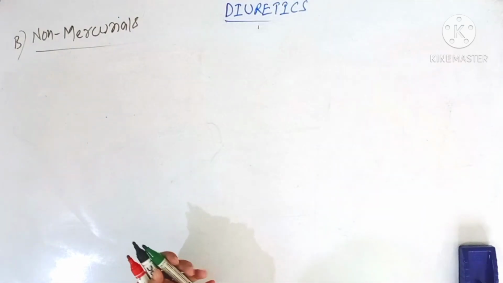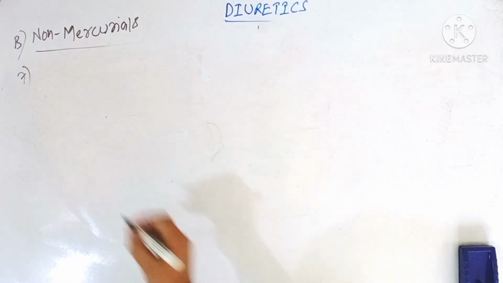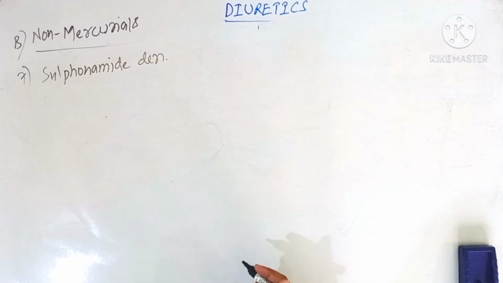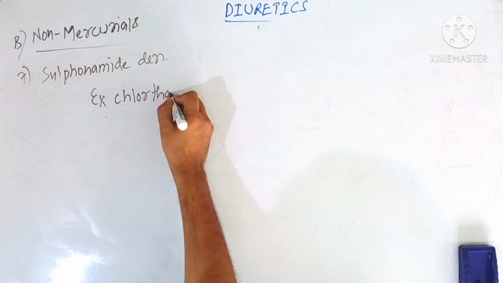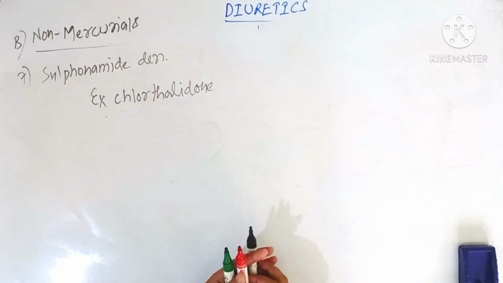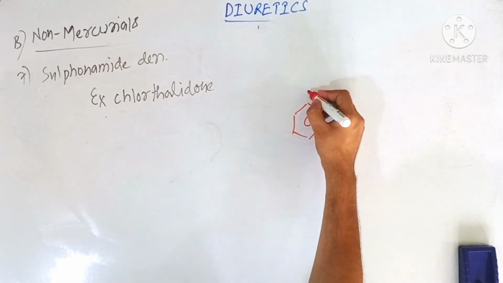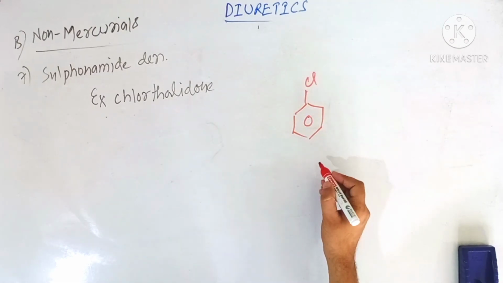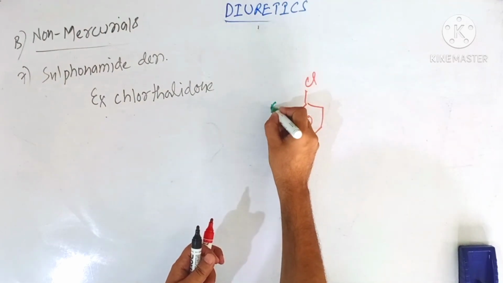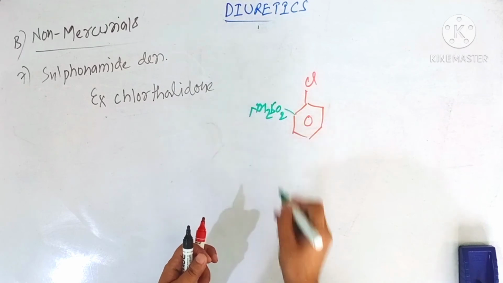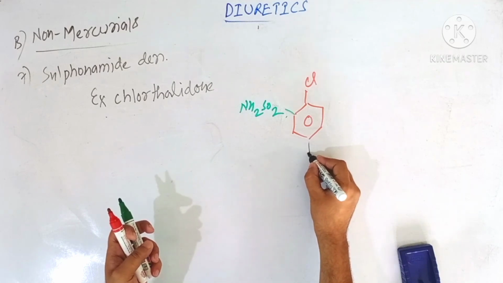Class number 7, sulfonamide derivative. So the best example of drugs which come under this class is chlorthalidone. Chlorthalidone has the following structure. This is benzene, this is chlorine, and this is your NH2SO2 sulfamoyl group, and this ring is directly linked to